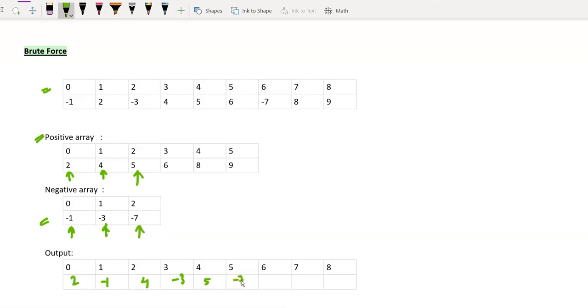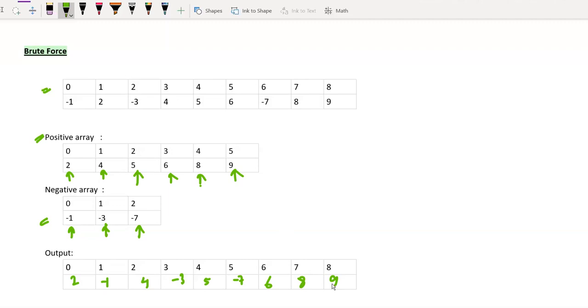As we can see, the negative array in this case is now exhausted. So we have to check the remaining elements from the positive array and start copying those elements one by one into our input array. So we'll just copy 6 at the sixth index of our input array, then 8 at the seventh index, and 9 at the eighth index. As we can clearly see, now we have got our desired output, which was alternating positive and negative elements starting from the positive one, and if there are any positive or negative elements extra, then they'll appear at the